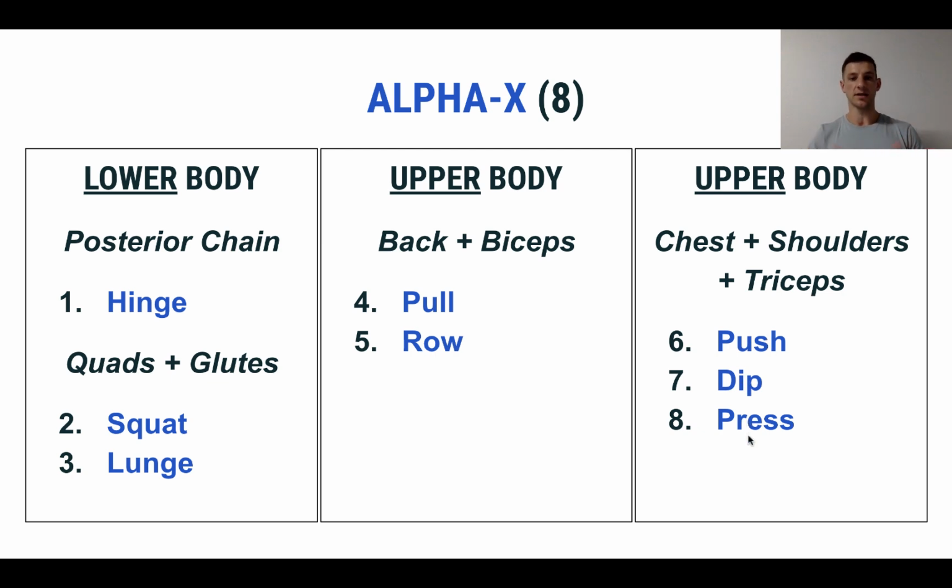Hence the 8 exercises. Now, let me just point out here that to keep this quite simple, think of it this way. You can essentially pick things up. Let's start with the lower body. So posterior chain: when I lift things off the floor, my entire back, upper and lower body, so the back of my legs, my lower back and my upper back, is being targeted and is working there. If I'm doing a squat and a lunge, imagine I'm pushing away from the floor,